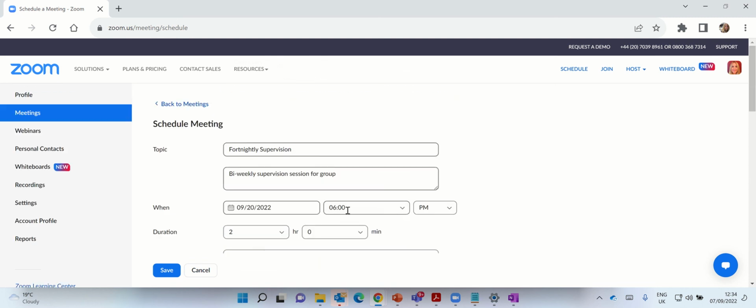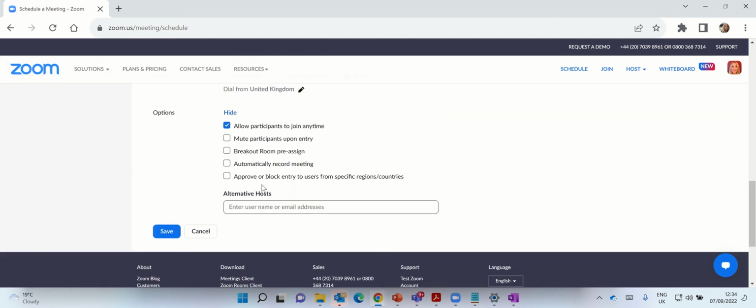so it means they can join before 6 o'clock. I would always do that because it just allows, especially for a supervision session and one that you haven't got a waiting room, then I would always say allow participants to join any time. I also quite like to mute participants upon entry because it gives them the freedom to turn on their speakers when they're ready, but